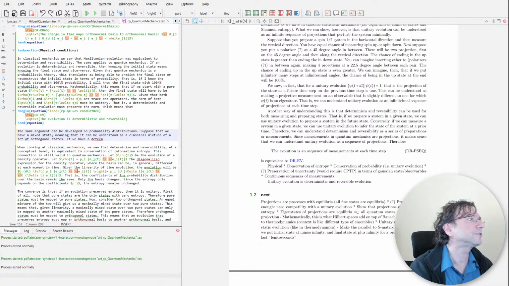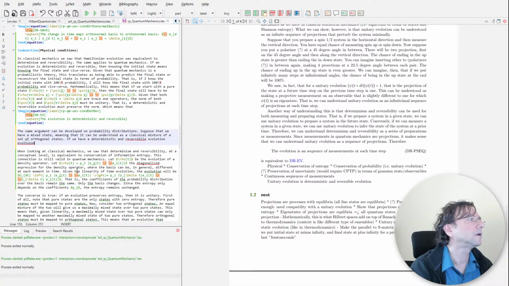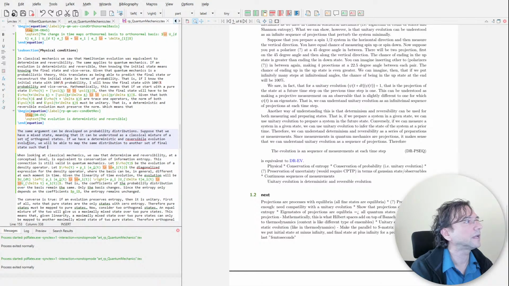If we have a deterministic and reversible evolution, we will be able to map the same distribution to another set of final states such that the probability remains unchanged. That is, if we are able to write